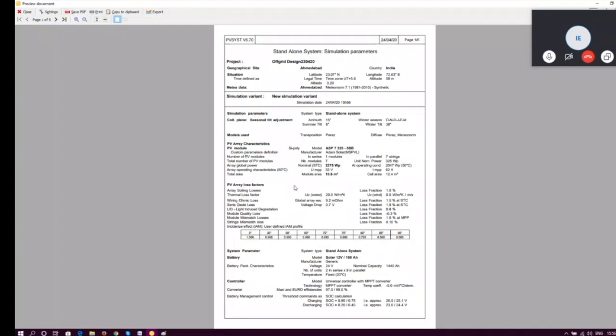Once we click on report, we will get the standalone system report. As mentioned, the first page will show you all the parameters, whatever system we have chosen, the orientation part and the system part. It will show you only these two parts. Automatically, it will show you which controller the system has already chosen for you, because controllers generally we don't buy, we basically customize them. So it will show you that only.